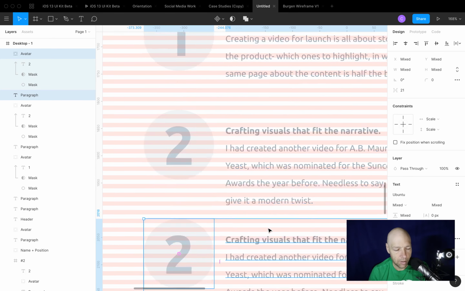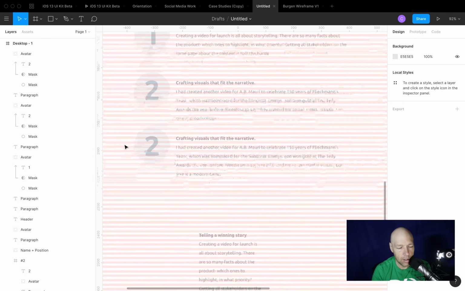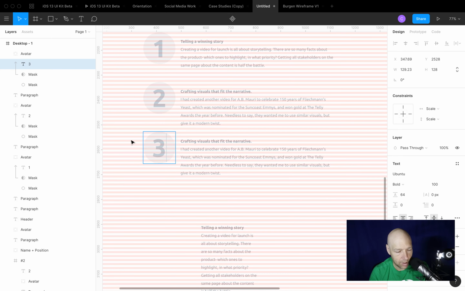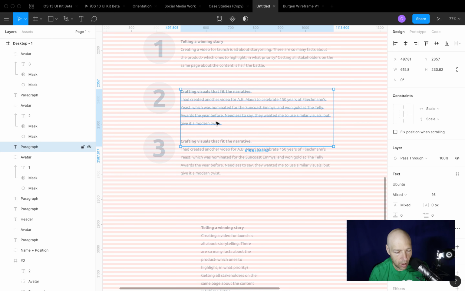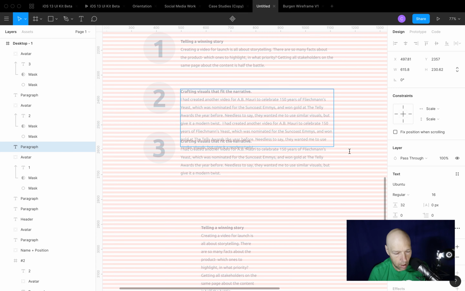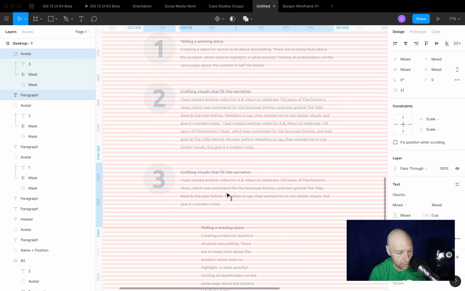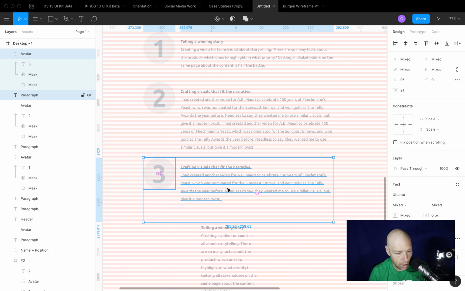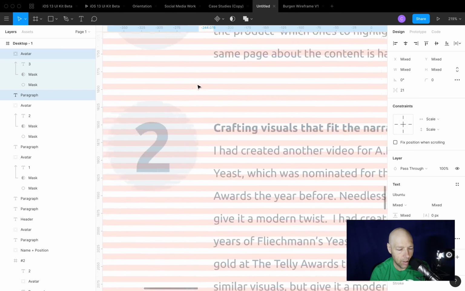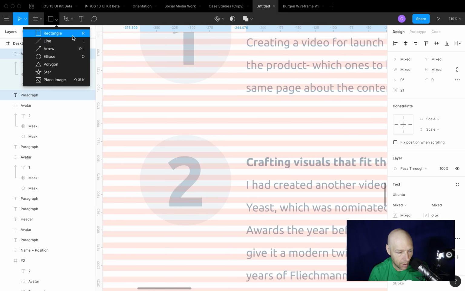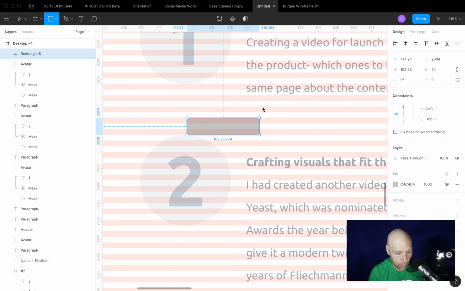The difference here, though, is that you can't necessarily just use, like, this is 72 and 72. You can't necessarily just say it's going to be 72 between, because if this one was twice as long, then you have that issue. So you just have to come up with a design that makes sense for you. So in this particular case, let's use a rectangle, and I'll say, okay, from the bottom,